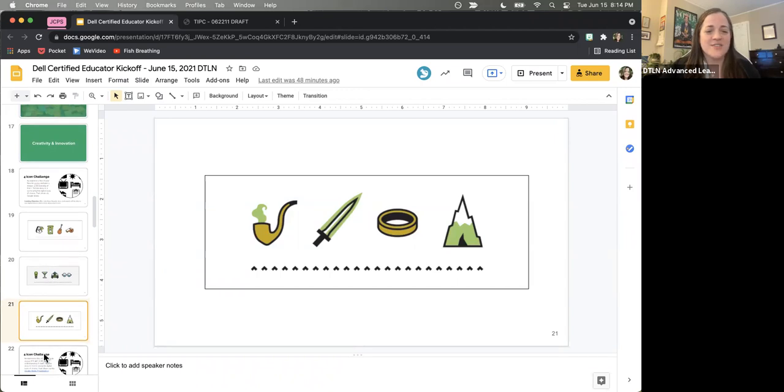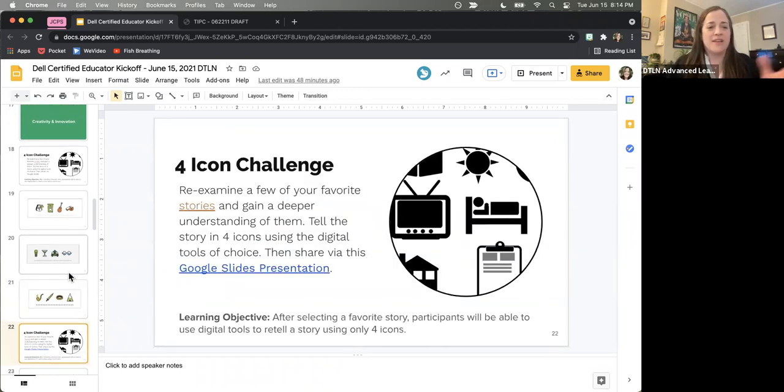So that's the 4-icon challenge, and it's a fun activity to do. It's great at the beginning of the year as an icebreaker, where you can have people team up and come up with these together. I was working with some teachers and they had a really cute little icon couple, and then a little heart, and then all of a sudden there was a ship and an iceberg.